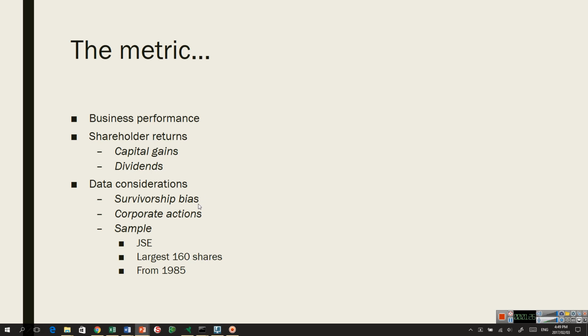We are very aware of a problem which besets many research studies, that of survivorship bias, where companies which have failed are not included in current studies. So when you look back, you only are looking at ones which have survived and you get a biased result. So we have gone to a lot of trouble to ensure that we have got all the companies that ever existed in our sample, and we include them up until when they fail, including their final payouts, if any.